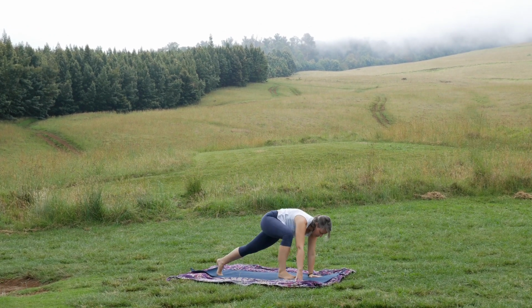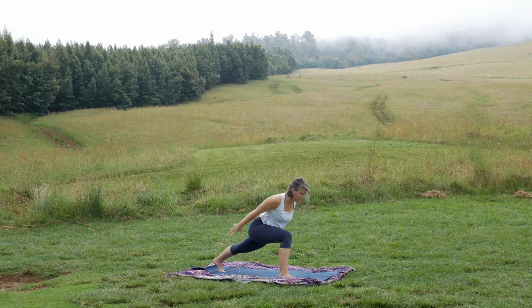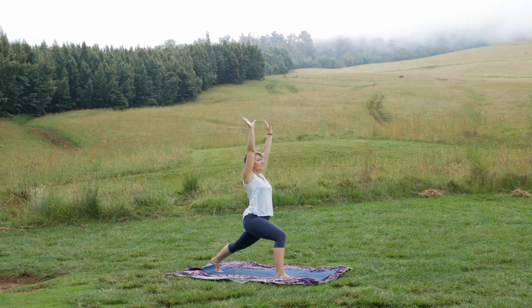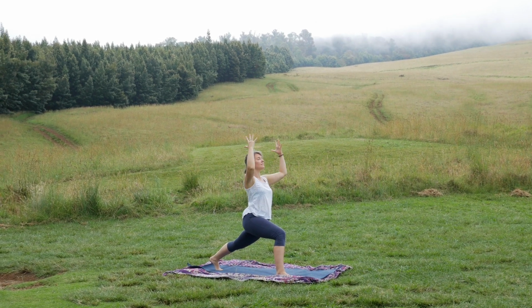And then inhale, lift the right leg high into the sky. The exhale to step it forward, find a high lunge, pressing through that right foot, engage through the inner thighs, lift up on an inhale, reach the arms up. And then the exhale to sink the hips lower, bend the elbows, open the heart, lift the chest, draw the